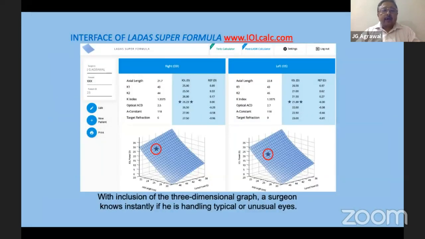This is the interface of the Ladas super formula. As soon as we enter the data in this formula, we get the result instantaneously along with the 3-dimensional graph. A surgeon knows instantly whether he is handling typical or unusual eyes.